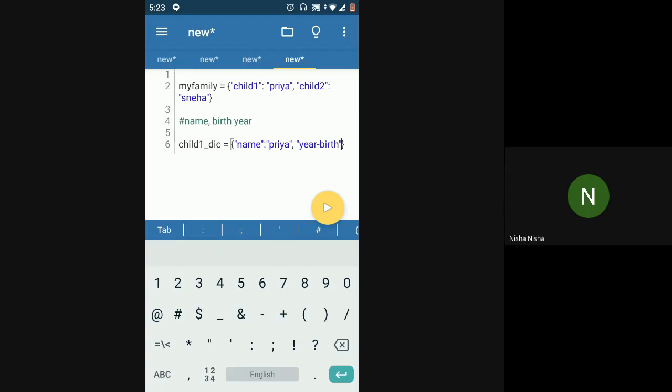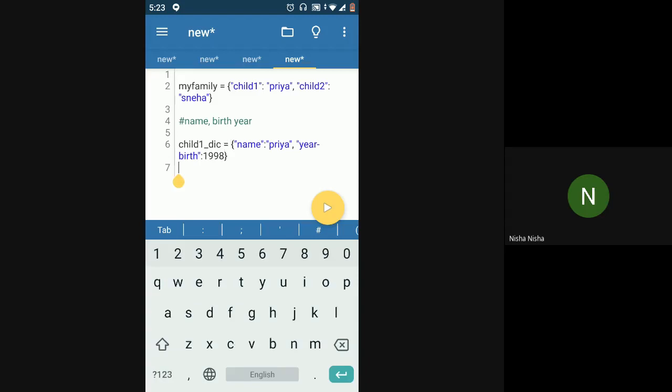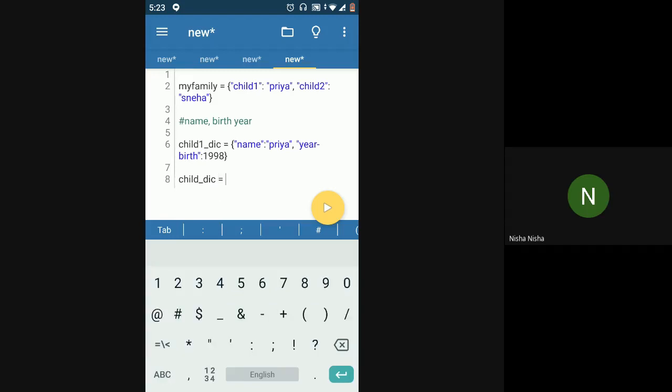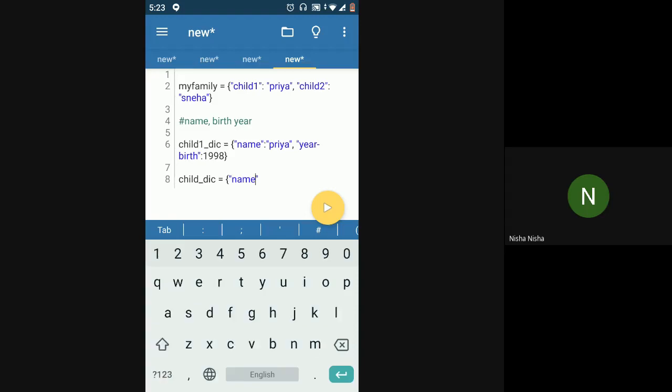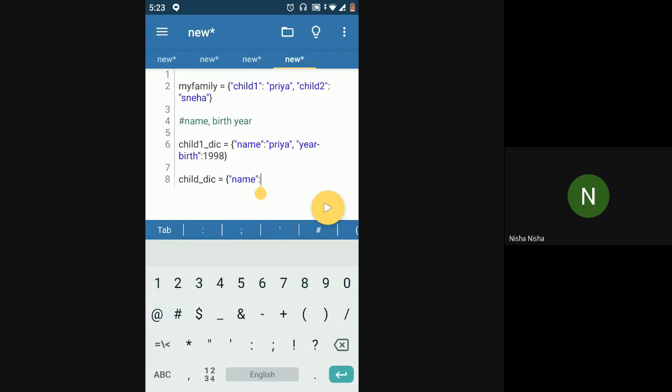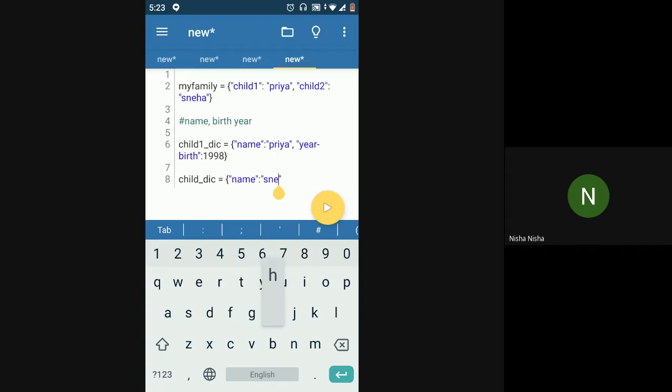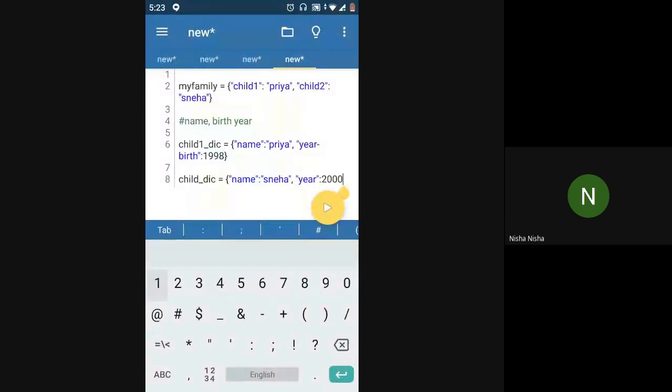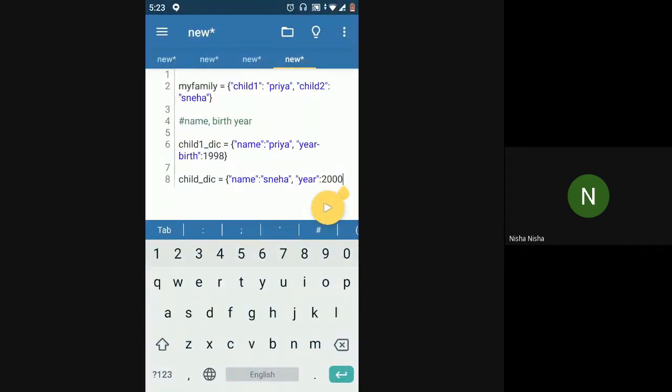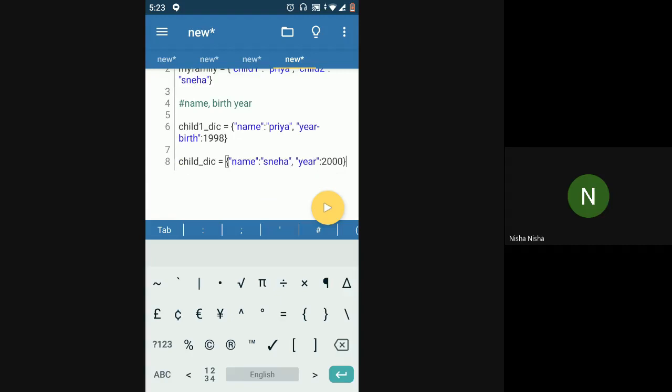So this I'll say some 1998, for example. So this is my child1 dictionary, and now similarly I have a child2 dictionary for my sister. So I'll have name as Sneha and some year, 2000, for example. So now in this case I have two dictionaries, right?